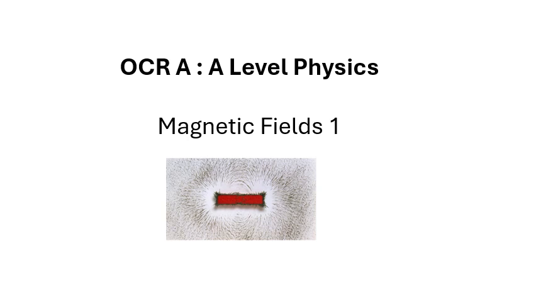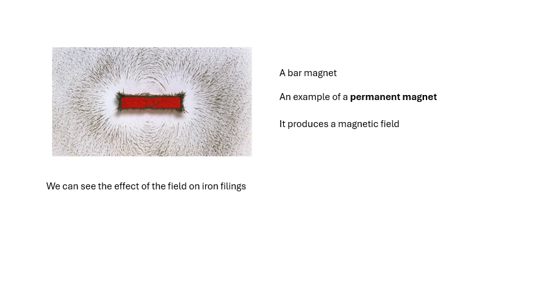OCR A, A-level physics, and this is my first video on the magnetic fields topic. Magnetic fields number 1. So here's a bar magnet, which is an example of a permanent magnet, and it produces